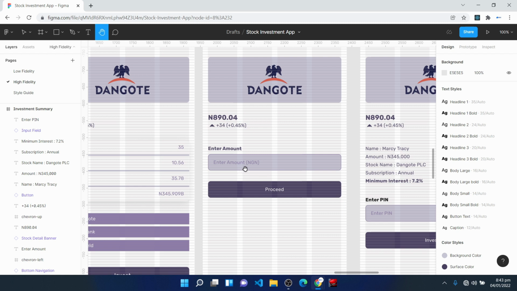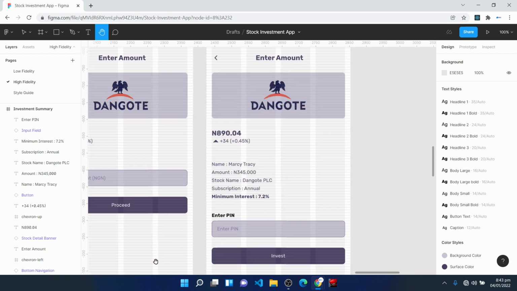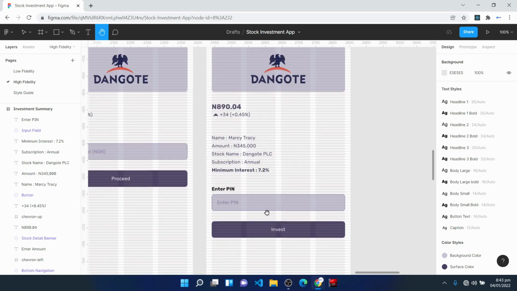Now, when the user enters the amount here, the user will click on the proceed button here. When the user does that, the user will be taken to this page where the user will see a summary of the investment that the user is about to make. Then if the user is okay with this, the user will go ahead to enter their secret pin here. When the user does that, the user will click on the invest button here for the investment to be made